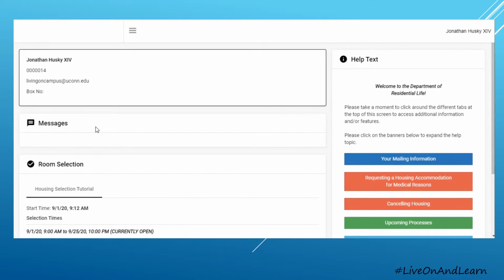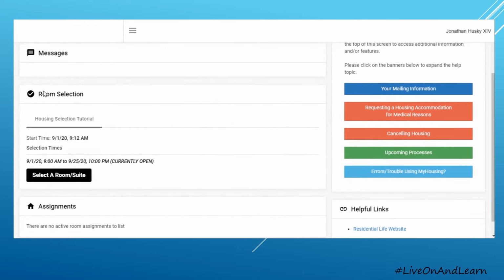In order to select housing as a group, you must go to the room selection section of your MyHousing and verify that at least one member of your group has a start time that is already passed. Please note that your start time is different than the entire selection time process. Whoever has the earliest start time should be the person to log into their MyHousing and complete the room selection